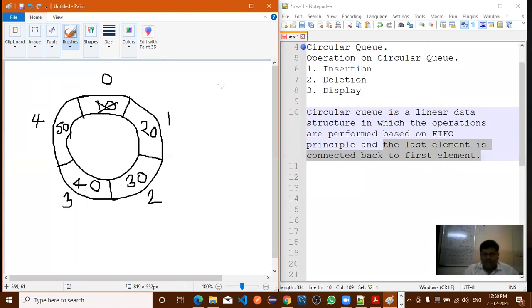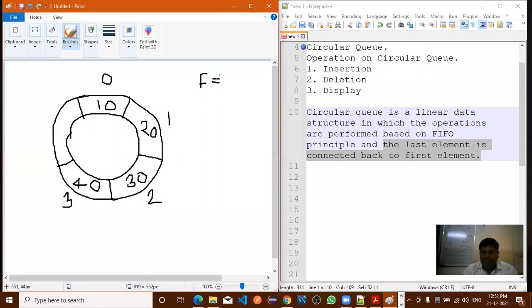Now what is the value of F here first, before deletion of this element? What is the value of F?